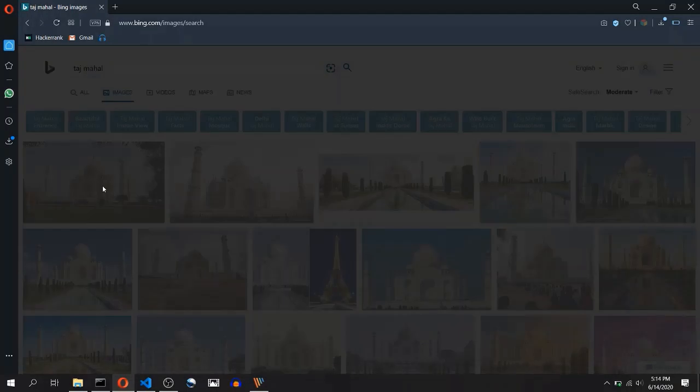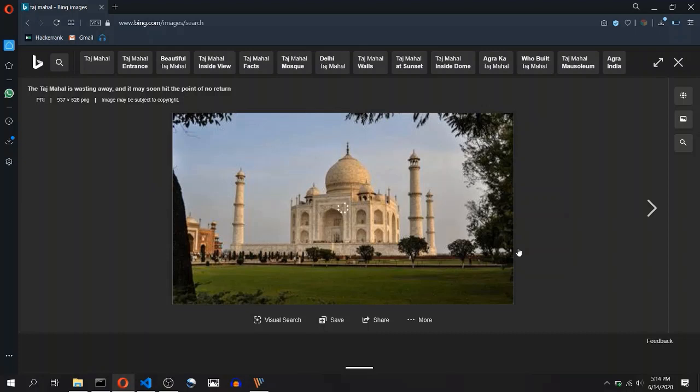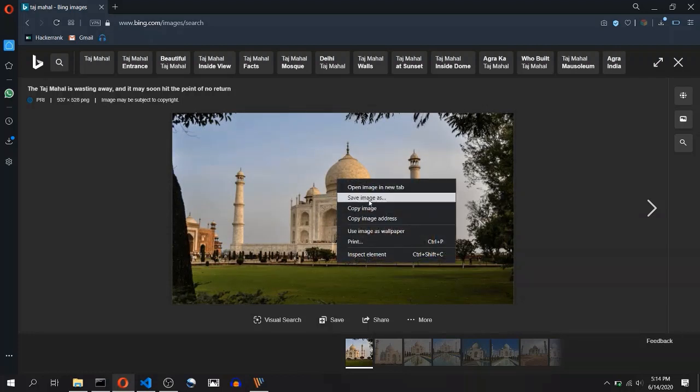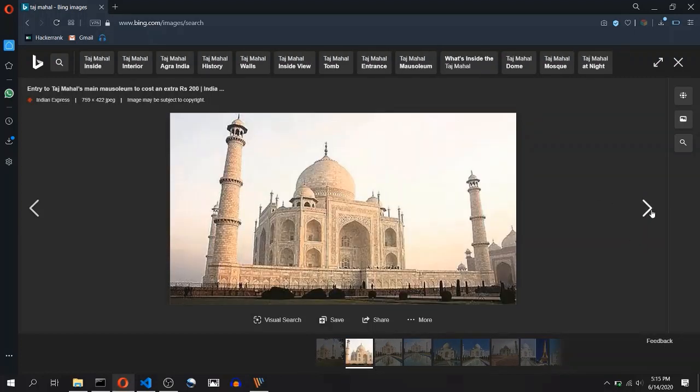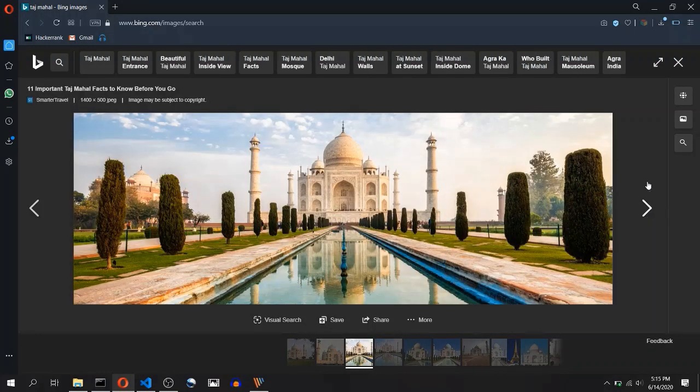I will click on the first image to enlarge it, and as you can see, we can right click on this position after the image has been loaded. Yes, so the save image as button has been moved to the second position, and the next button is over here. So if we just change the coordinates of where we are right clicking, where we are clicking, and where we are clicking on the next button, we can use the same concepts for downloading images from Bing search as well.